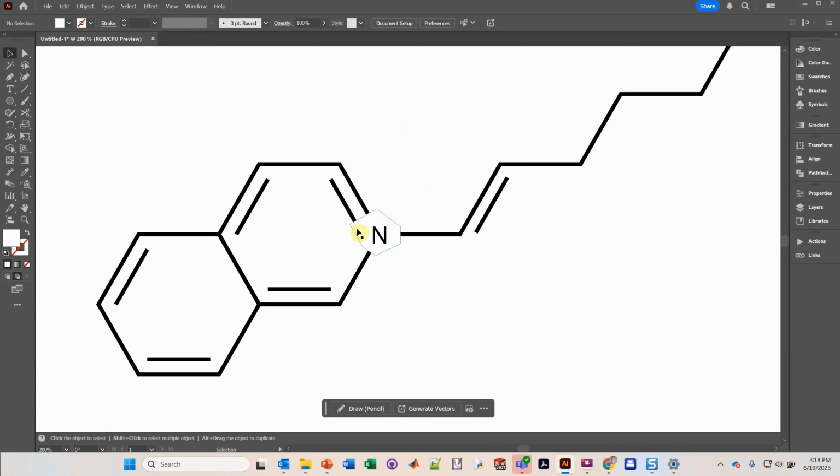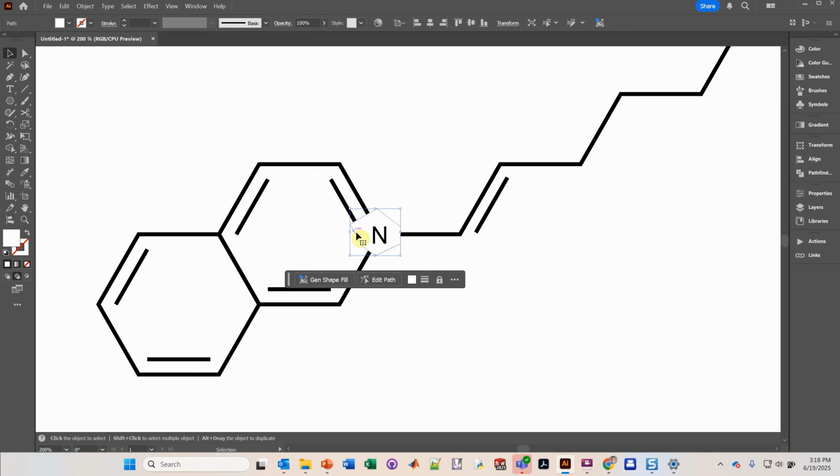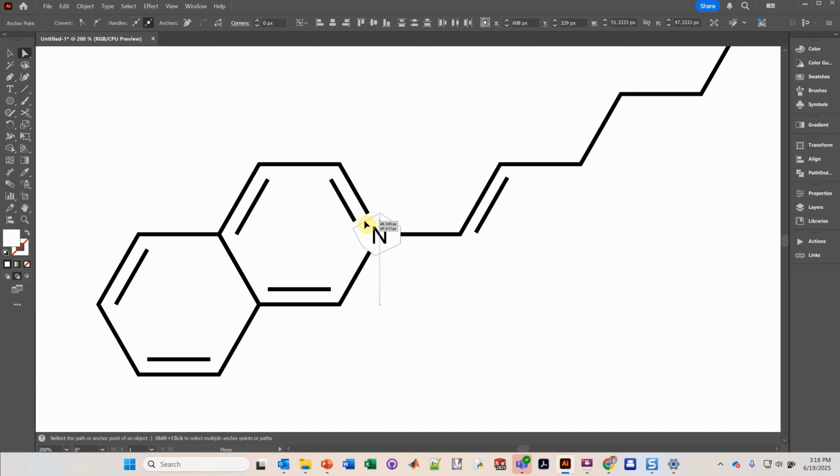There you go. I'm going to select this object and then click on this direct selection tool. Let's click on this anchor, hold shift and click on this anchor. Then I'm going to go real close, hold on that path and bring it down just a little bit. So that makes it, there we go. All right, so there's 4 bonds going to this N, so I'm going to change this to black,